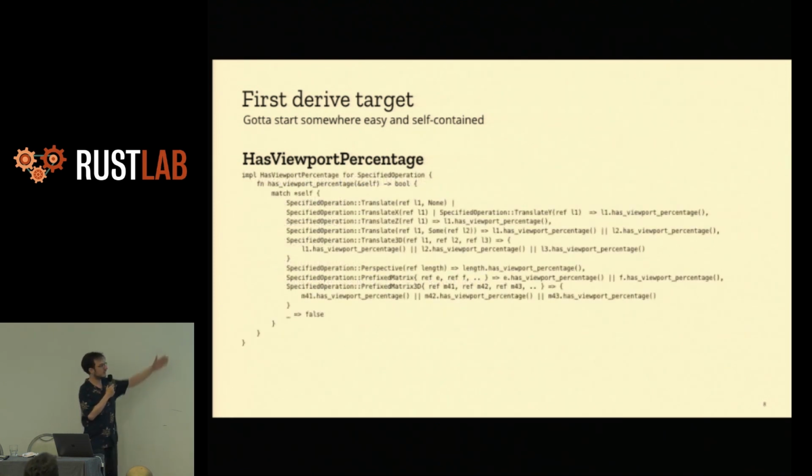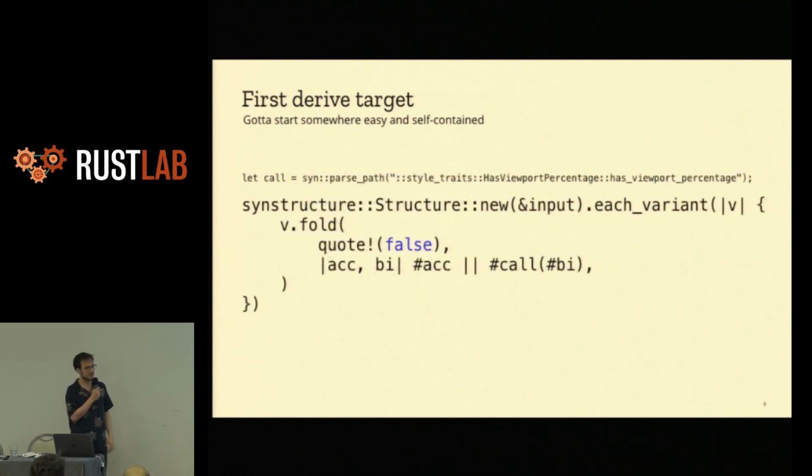So as an example, here is the implementation of has viewport percentage for a specified operation in your transform CSS property. It represents when you do a translate animation and things like this. So as you can see, it's just a match on the enum. And for each field, we call has viewport percentage. And if there are multiple fields, we combine them with a logical OR, just a Boolean operation, nothing too surprising. There is obviously more boilerplate around these lines of code, but this is the meat of it. Synstructure lets you abstract over struct